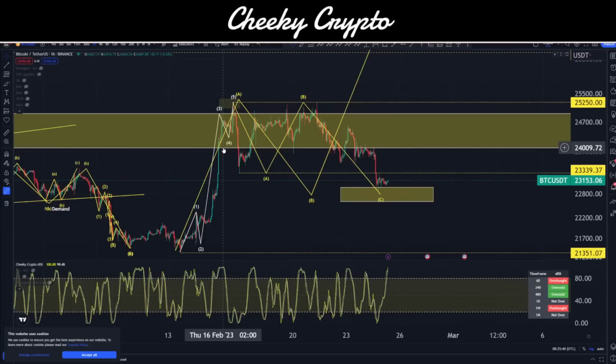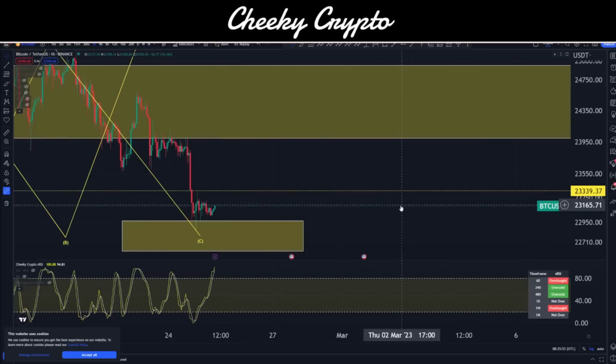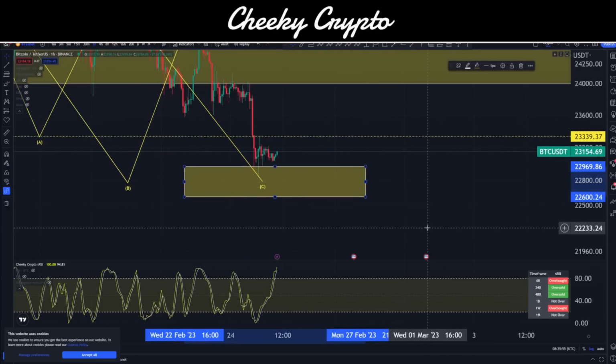Okay, let's jump right down into this one. A few things to talk about today. So this is Bitcoin paired up with USDT on the hourly chart, and Binance is the data source. Now, as you can see, we came down into our targeted range yesterday. This was us talking about 22,600 to 22,969. We wicked down into our yellow box target range with the low of